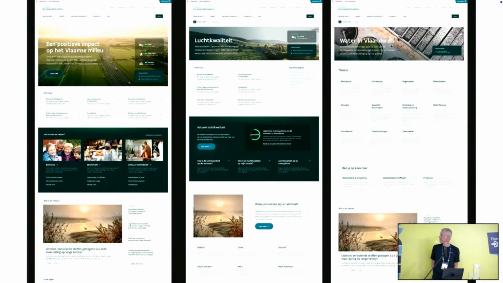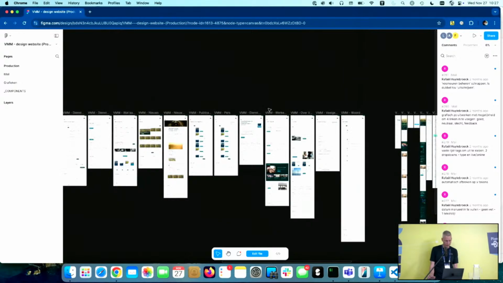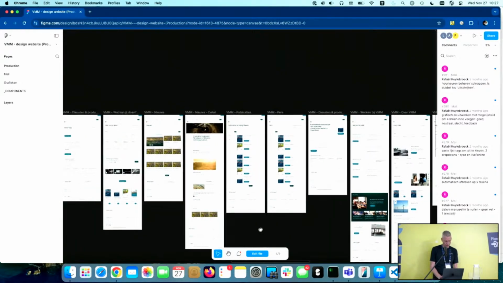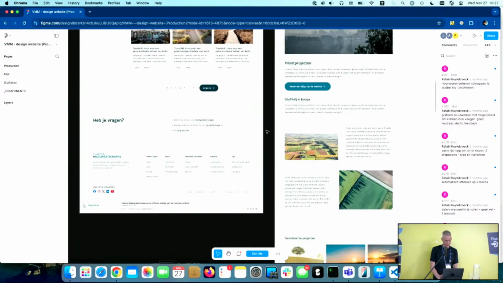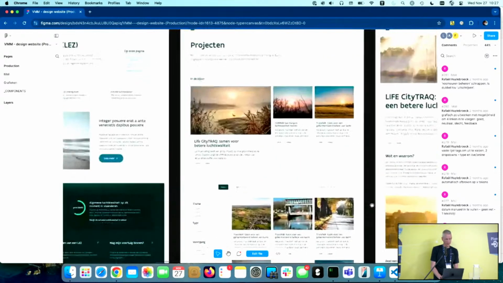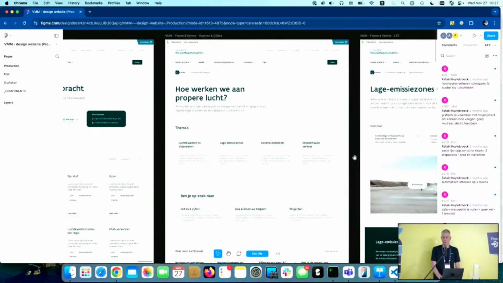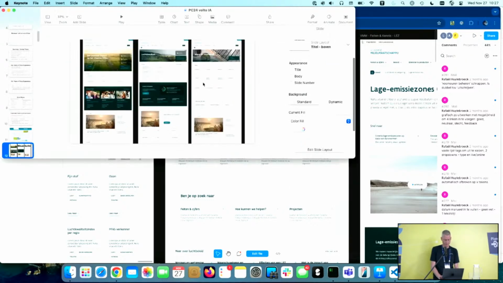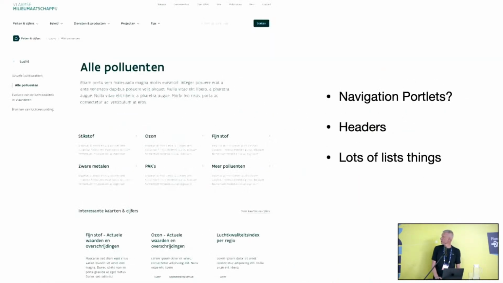This is the new design. These are only the first pages. Let's see if I can do an escape here and go to here and zoom a bit around. So this is the design that the design agency made, and it's really beautiful. It's really beautiful, but it's also huge. But then if you know Volto, you know you have a blocks layout. It's possible. There's a difference between it's possible and we can do it within a certain budget and a certain amount of time.